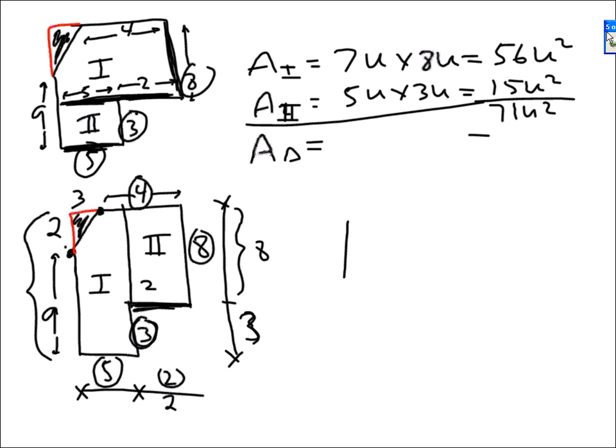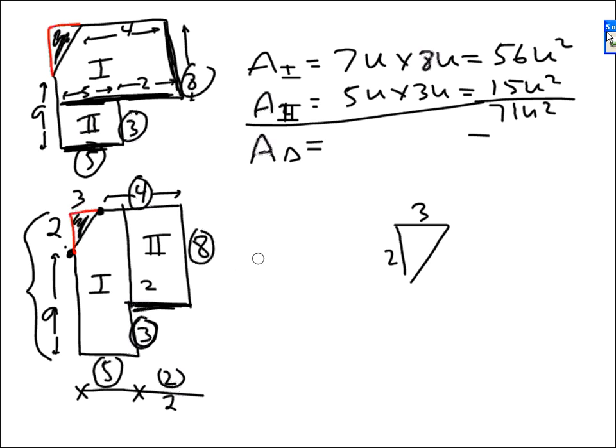So I'm just copying this triangular region over here. It's 2 by 3. Having done that, let me erase everything I pretty much drew. Except I'll leave the length of